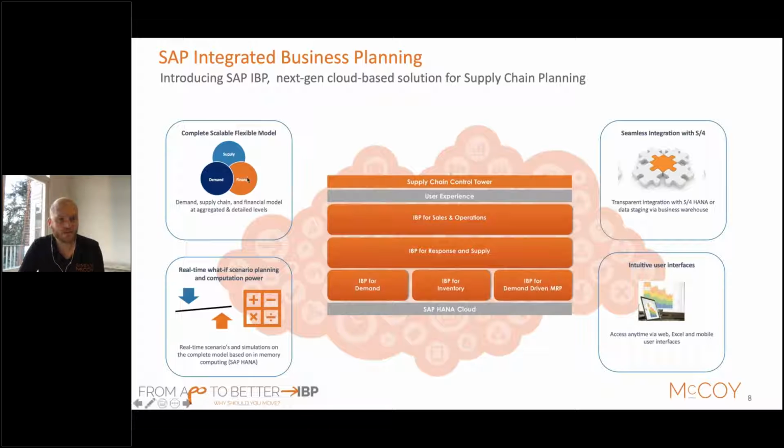And last but not least, you have a flexible and scalable model, meaning you will combine supply, demand, finance into one model and be able to really move to IBP instead of only an S&OP process and integrate more than just your supply chain department. And for example, also integrate your financial and your sales department by talking about the same set of numbers.